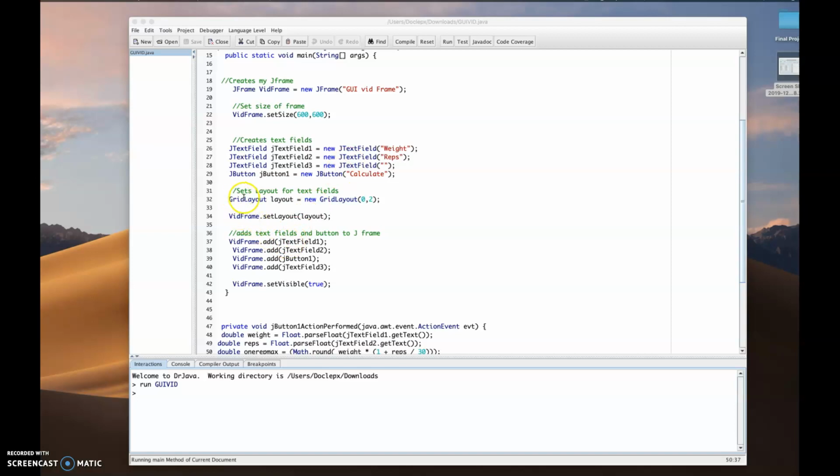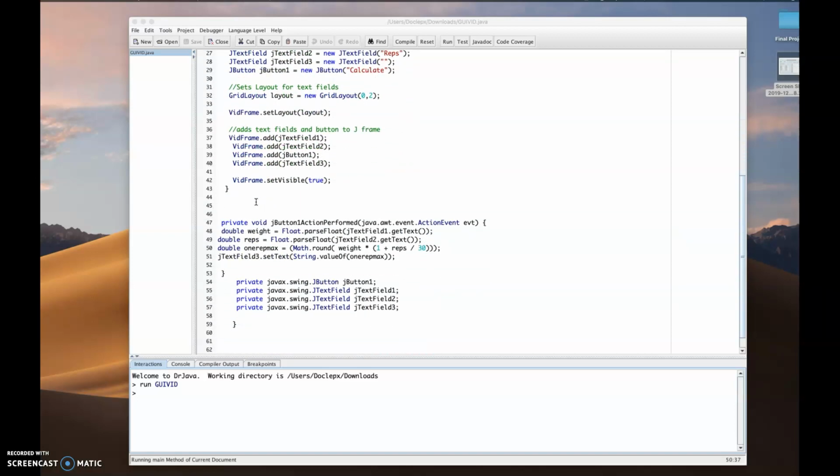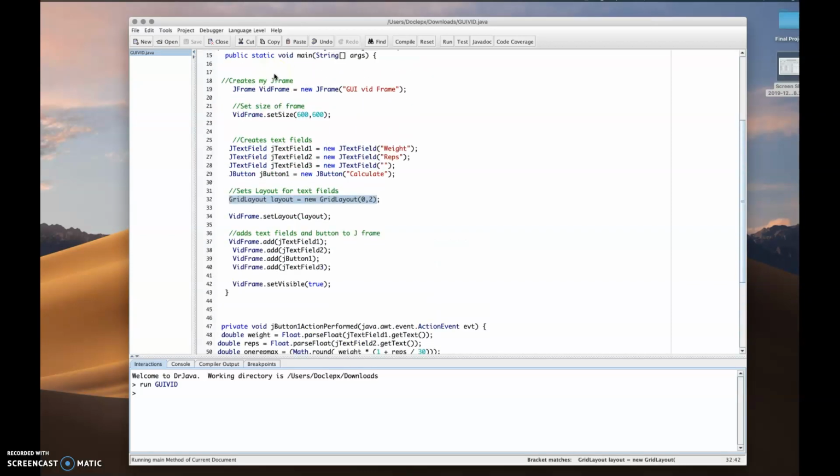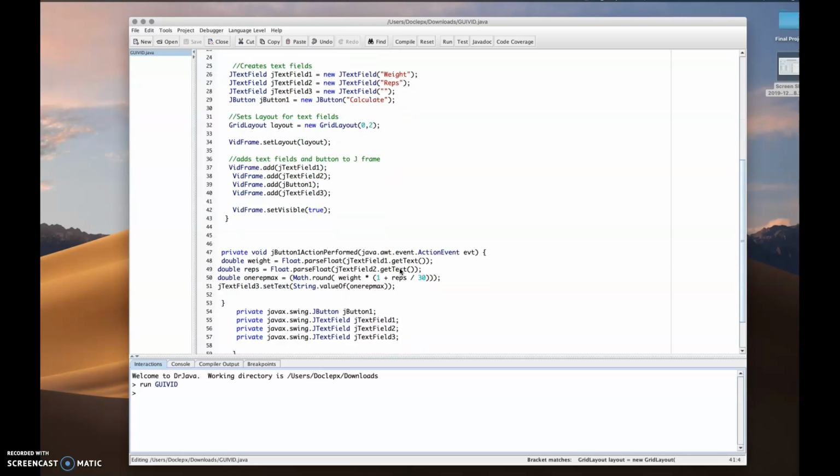And here I set the layout for my GUI. I use the grid layout, and basically what that's going to do is take these 3 text fields and the 1 J button, and form them into a grid layout within the 600 by 600 GUI JFrame. And then next,